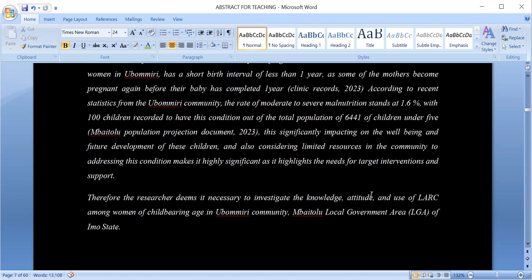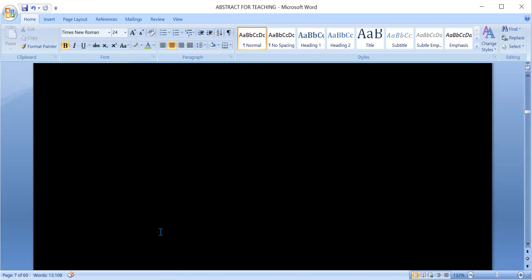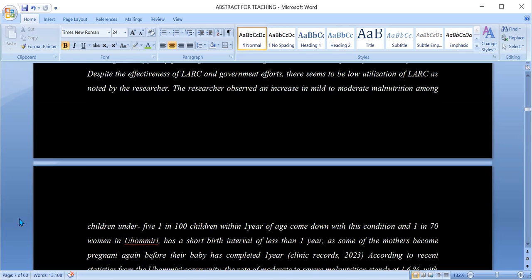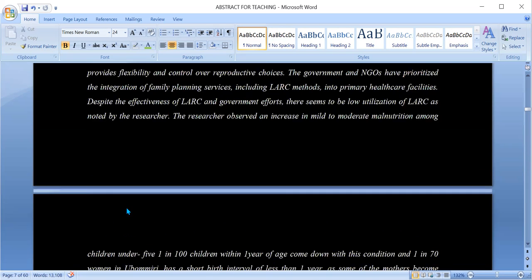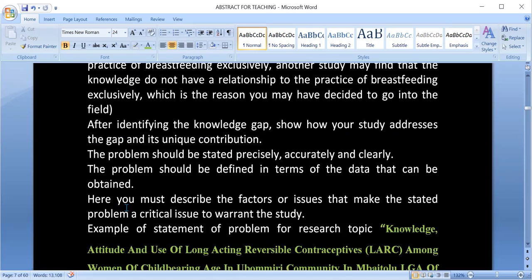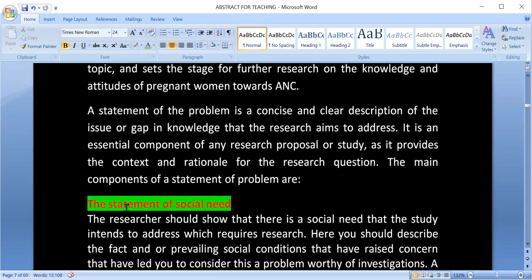So now these are the independent variables, knowledge and attitude. Then use of LAC is the dependent variable, which is the behavior in question. So I believe we've been able to look at how to write a very good statement of problem. If you look at this statement of problem, it's concise, it's original, it has all the characteristics